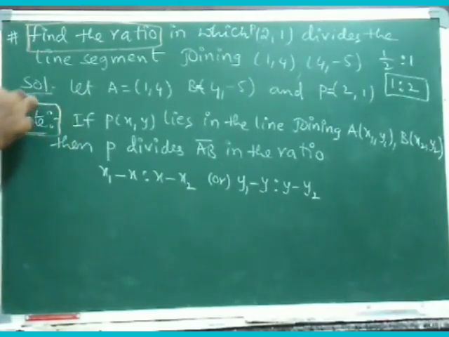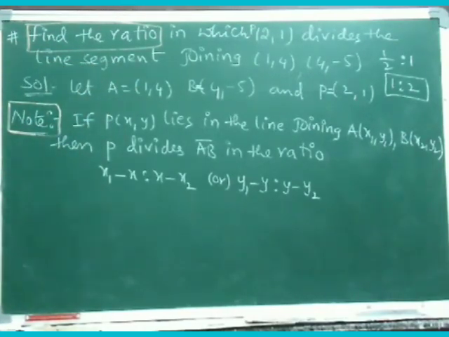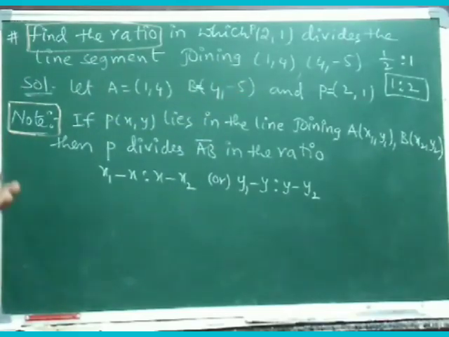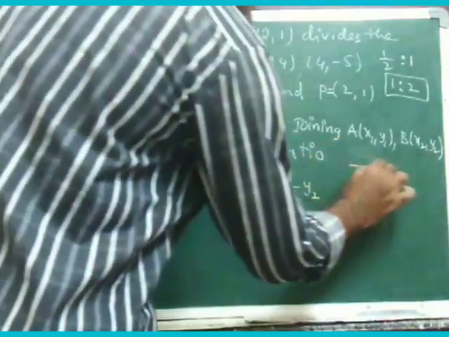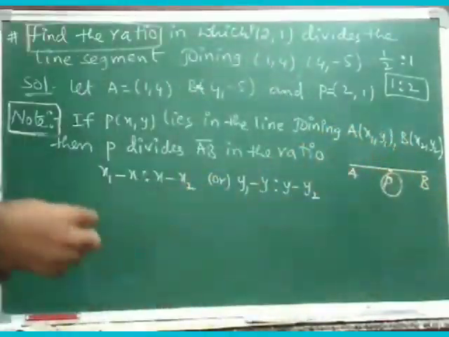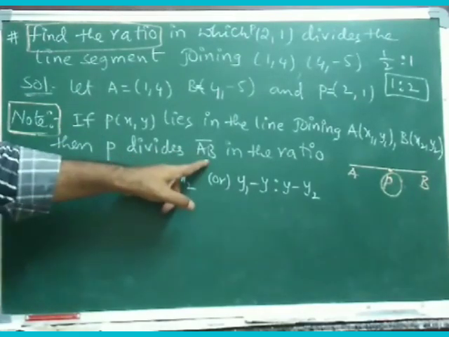So look at this shortcut formula. The same problem we just now did by assuming the ratio as some k is to 1. But you know, still there is a shortcut, ma. When the question is to find the ratio, then this is the formula. Before that, let us read the statement. If P(x, y) lies in the line joining AB, that means inside, I mean when P divides AB internally, then P divides AB in the ratio